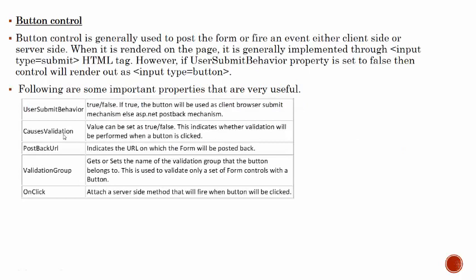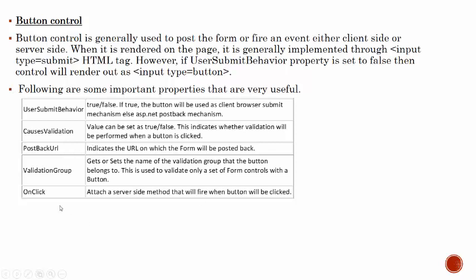Next one is the causes validation property. The causes validation property is true or false. If we set it as true, then if we perform any validation on the page, it will check the whole page's controls, whether the validation conditions are fulfilled or not.